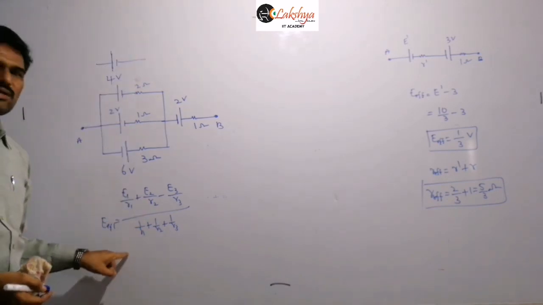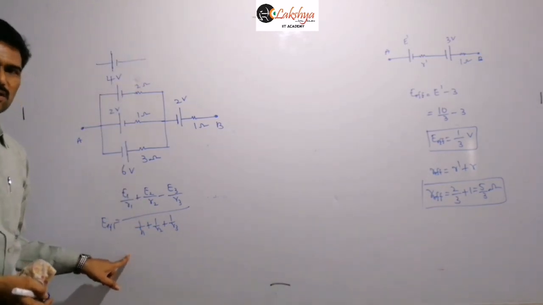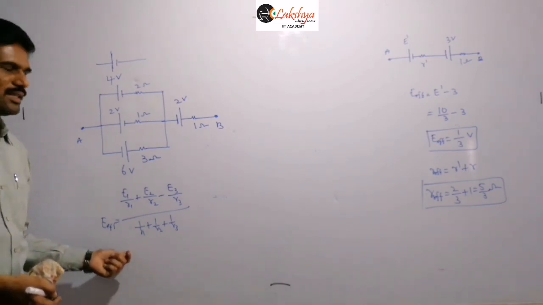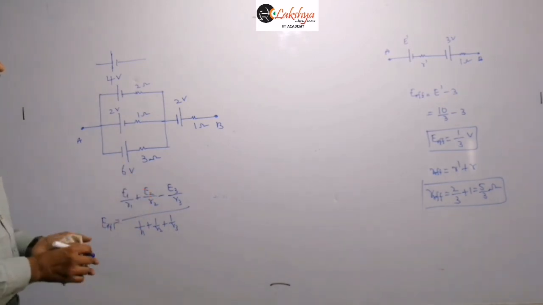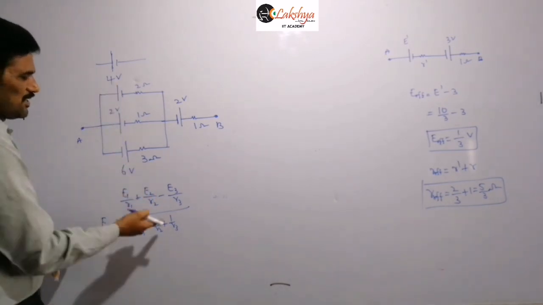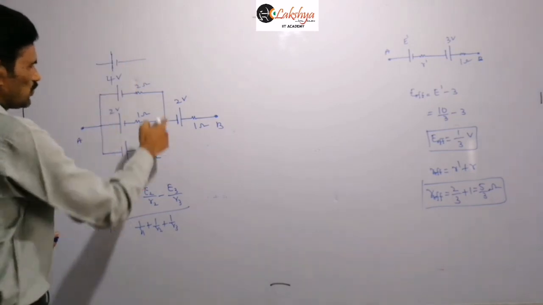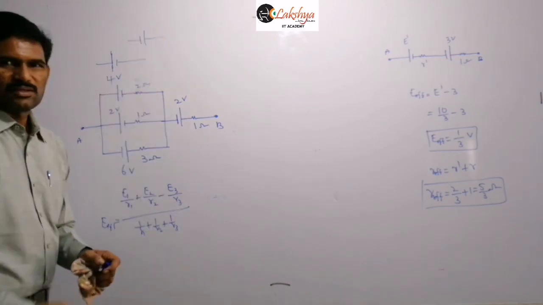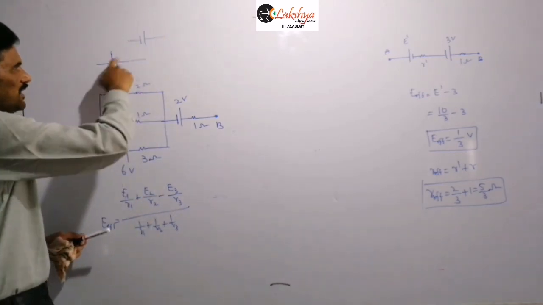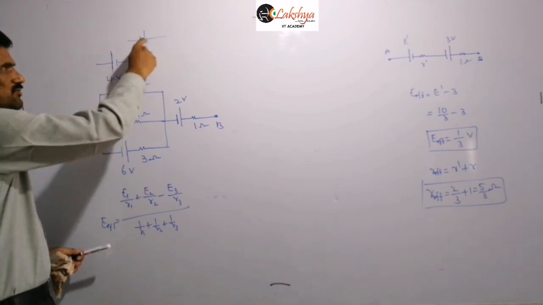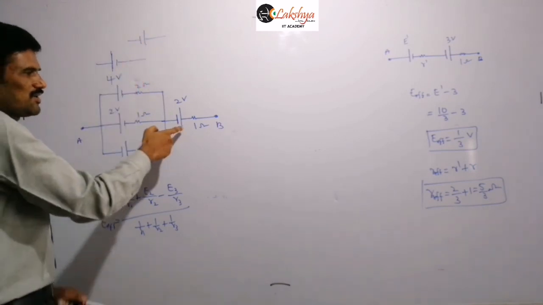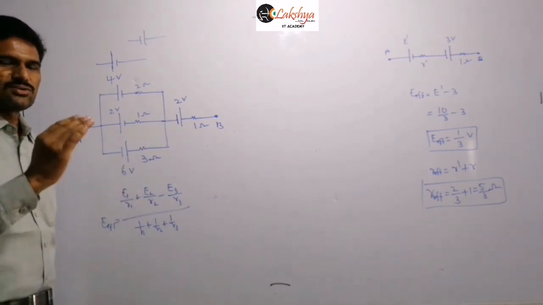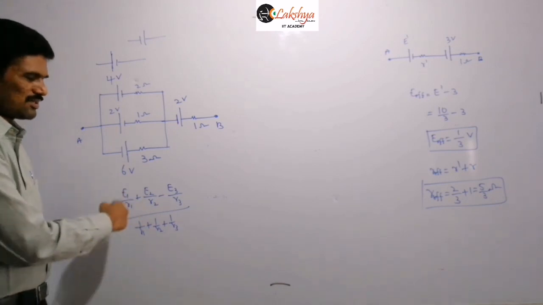If you are getting this value as positive, fine, but sometimes there is a chance you may get this value as negative. If you are getting this value as negative, then that indicates that we need to reverse the polarities. That means we are assuming like this, but we are getting the opposite direction, so we need to replace these 3 cells by a cell of polarities like this, right? And so basing on whether you are getting this side like this or like this, the resultant cell may be in series with this or it may be wrongly connected with this, right? So you should solve it very carefully regarding the sign here.